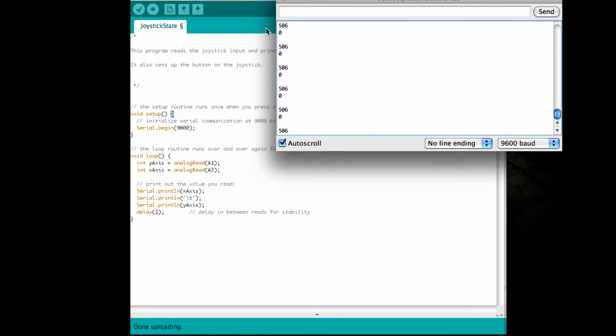And now going to the left, we have 1023 on the x-axis and 0 when we go to the right. Okay, so those are just the shortcuts that I coded here, but if you want to play around with it,